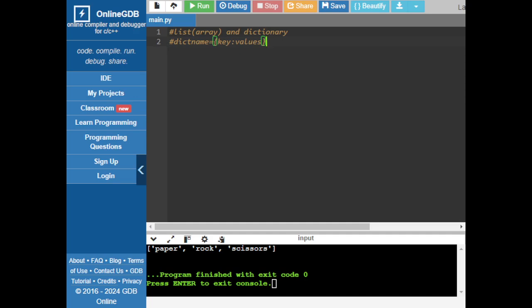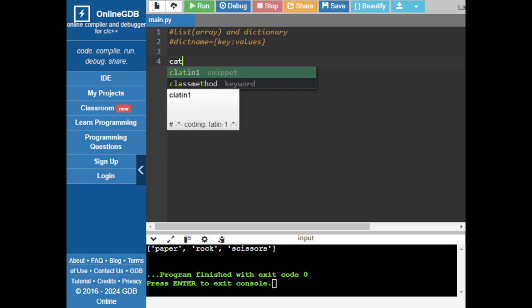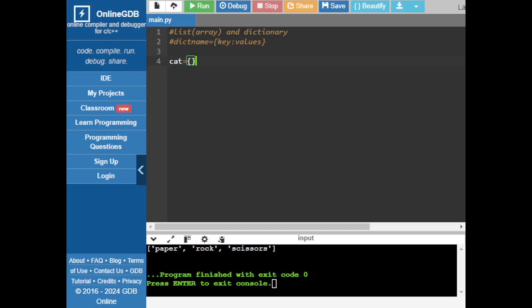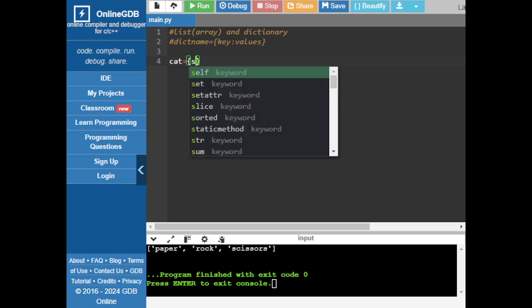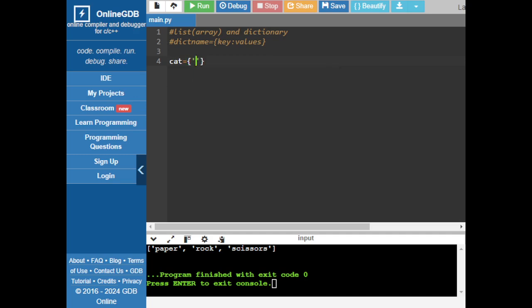So, sa dictionary, there is a compilation of different words that has different meanings or definitions. So, yung words doon, that will be the key. Yung meaning doon will be the value. So, to declare, let's say, we have a dictionary of our cat. So, sa cat natin, maraming attributes yan, di ba? So, meron siyang size, so sa size, sabihin natin small lang siya, and then color, sabihin natin